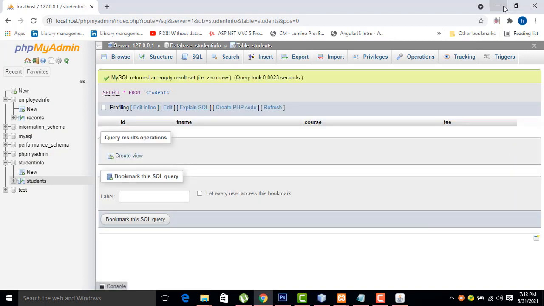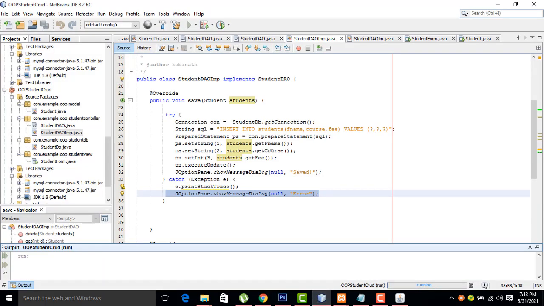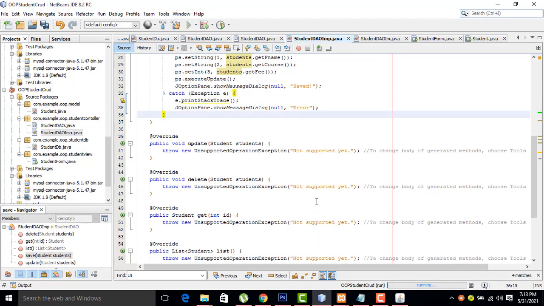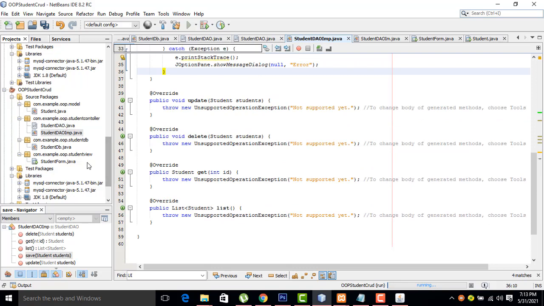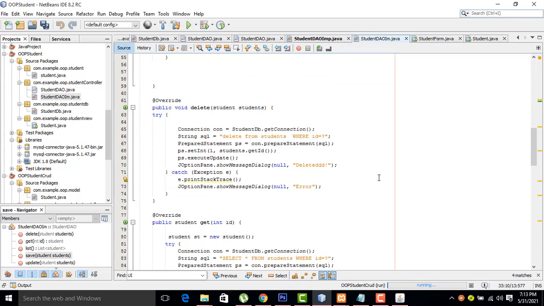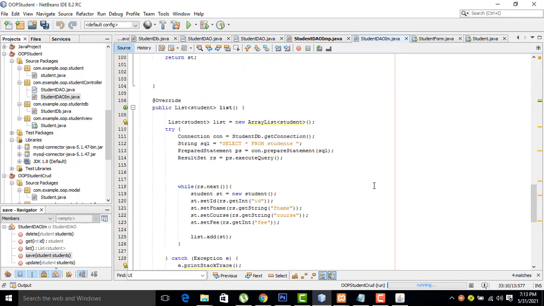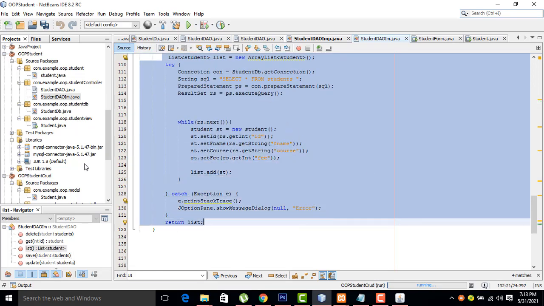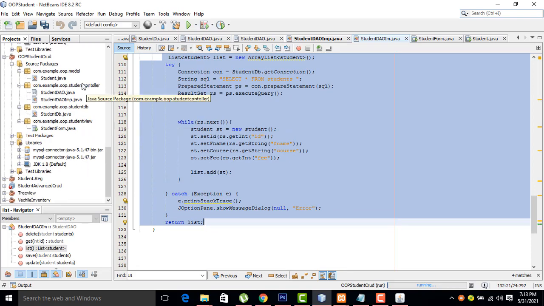Perfect. Now I am going to go to another thing, say list the data. How to list the data? The list, I have also done that. So where is the list? The list is here. Copy. Don't worry about this. All the source code I provided, so you have to put it into your project. You can use it.